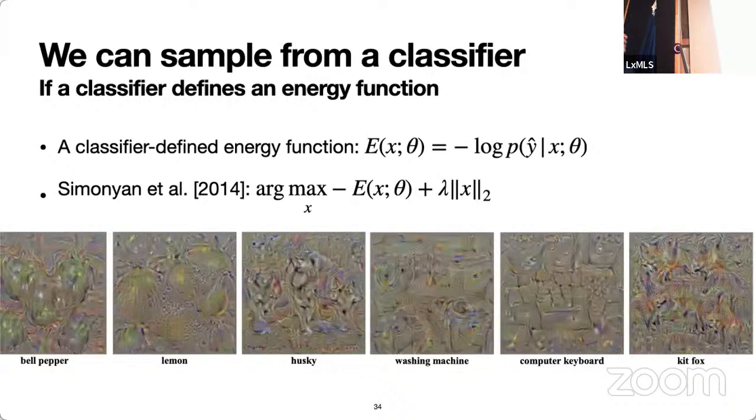Already in 2014, Karen Simonyan, who is now at DeepMind but was back then at Oxford, realized that if we have a deep convolutional network that has been trained really well, we can just pick one of the classes that I want to inspect this model about, and do optimization to find the input X that has the highest log probability assigned to that particular class. And these were some of the nice visualizations he had. Nowadays, if you look at them, they don't look like anything realistic or nice, but back then it looked really amazing.